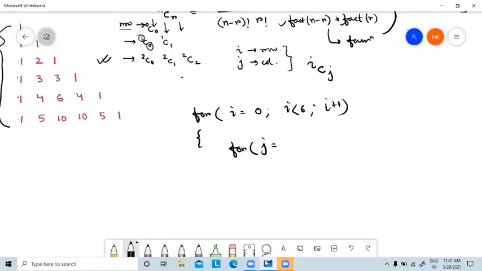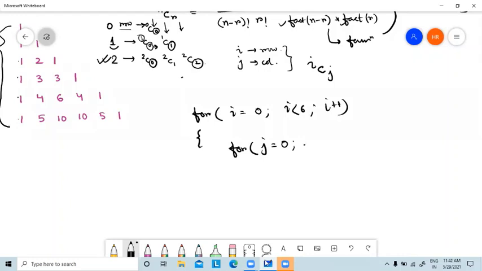J is starting from 0 value, so 0, and see how far J will move. For the first row, J is started with 0 and stopped with 0. In the second row, number 1, when this is row number 0, when we are in row number 1, J starts with 0 and then moves up to 1. Then in row number 2, J started with 0, moves up to 2.